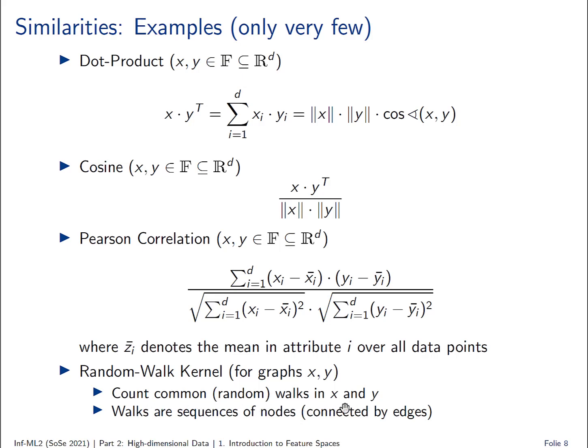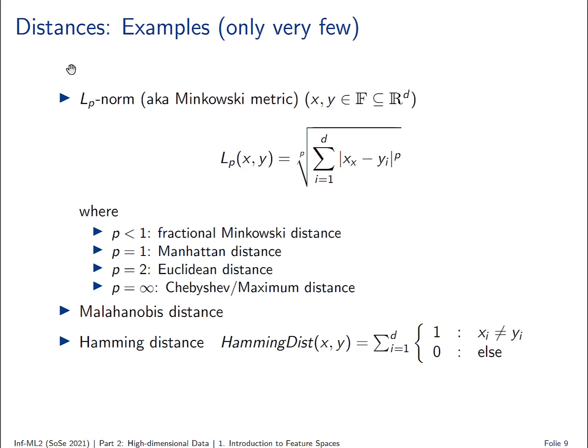If you do that many times, then if x and y are similar graphs, or have similar substructures, then you will probably have a lot of common walks, a lot of common paths among those random walks that you did. And if not, then of course not. So simply counting the common random walks is a kind of similarity measure in that case. The more, the better in that case. So those are just some examples for similarity measures,